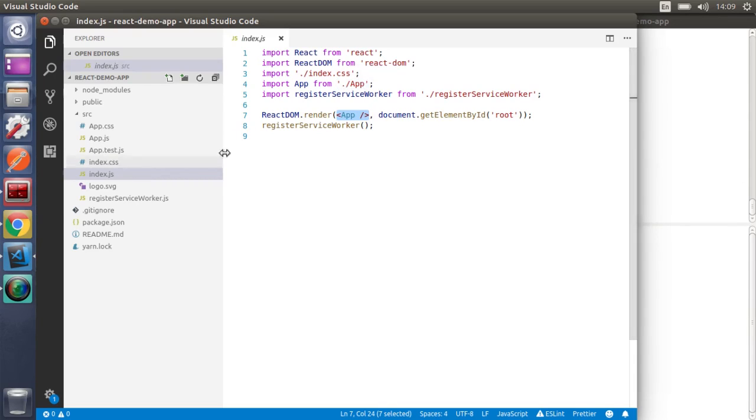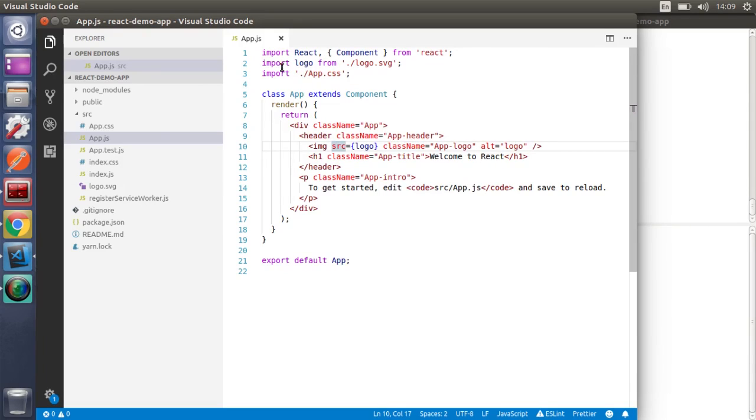/app. Basically it means that within the current directory of this file, there's a file named app, and by convention, if you're using Node, you don't need to specify the .js. Okay, so you don't need to specify .js here. So it'll basically import this from this file. And if you go look at this file,